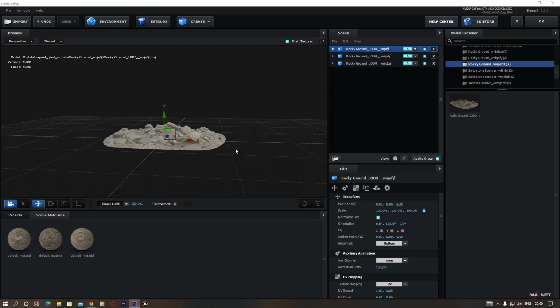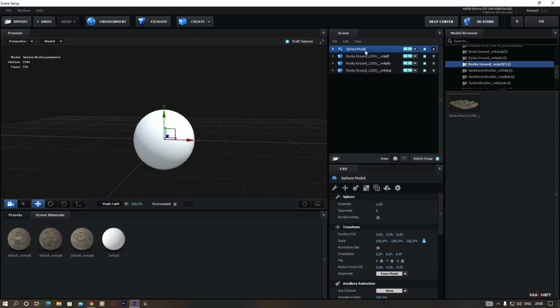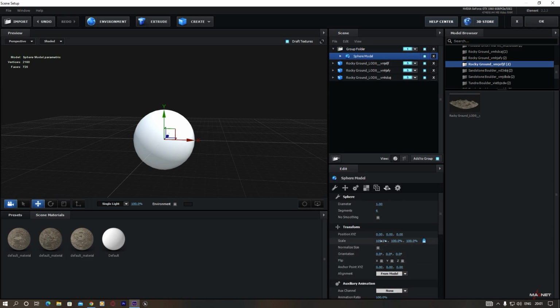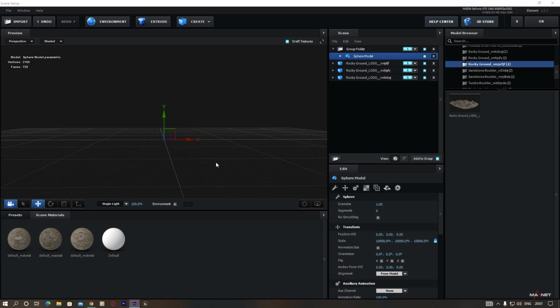And also we create our sky atmosphere here. For this we're going to create a sphere here. Okay, and we put this sphere into a group. So inside this group there is the sphere, and now we're going to scale this up. We scale this up to its maximum value, that is 10,000. Okay, so now the sphere is